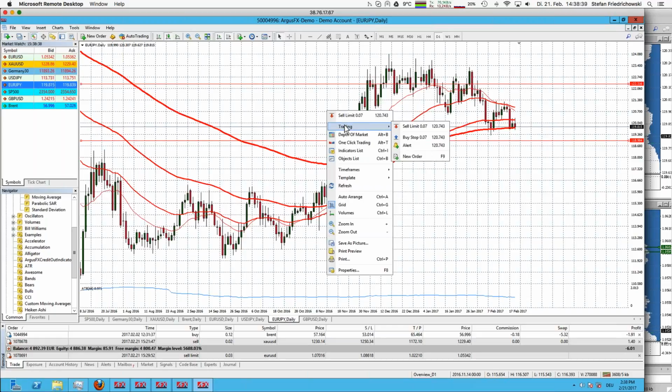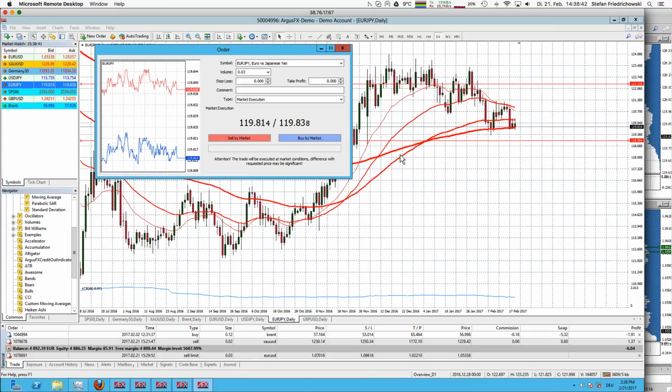So we can enter the trade. New order, and that will be done via market execution. So first we enter our comment here, multiple